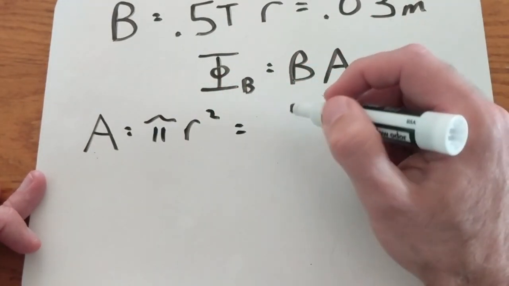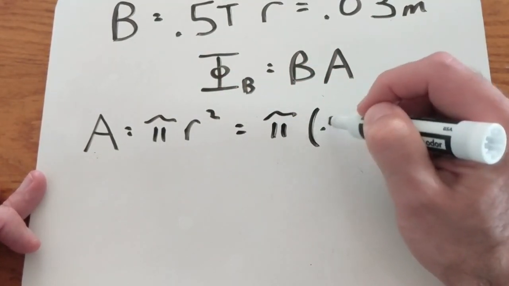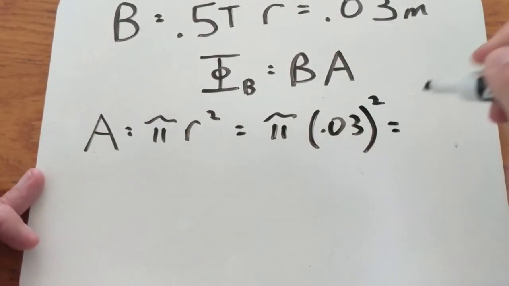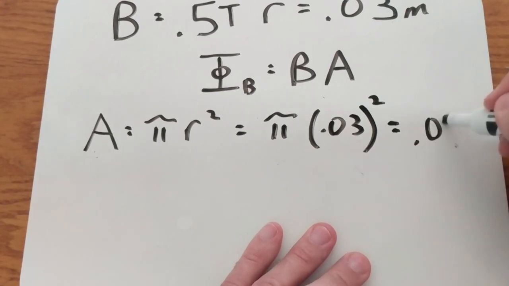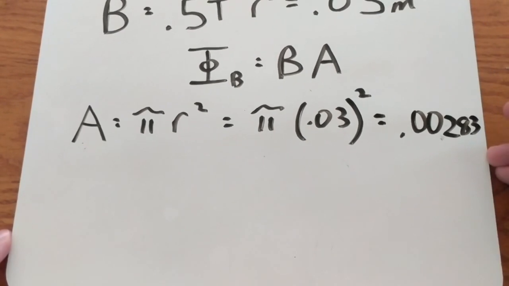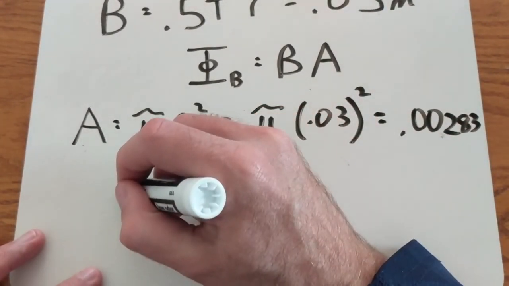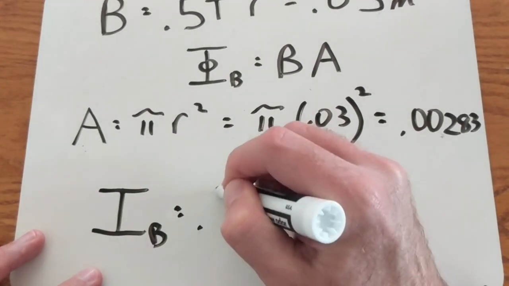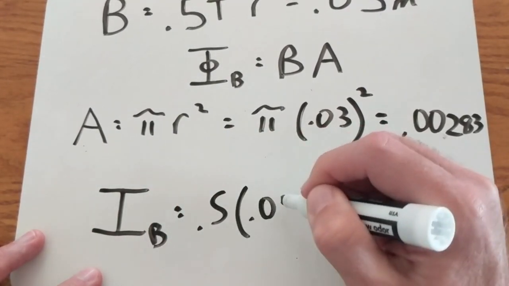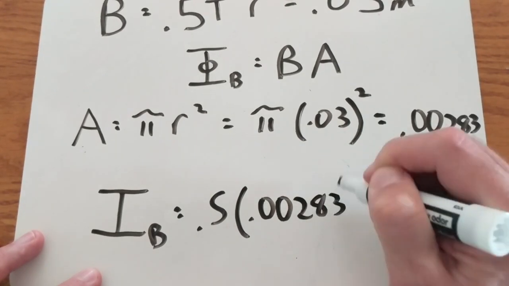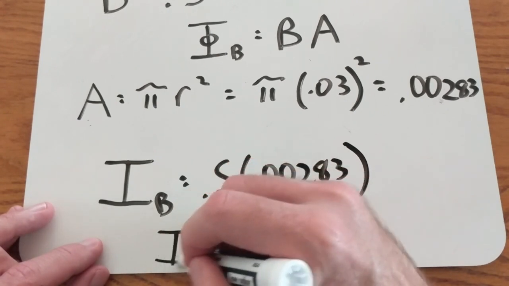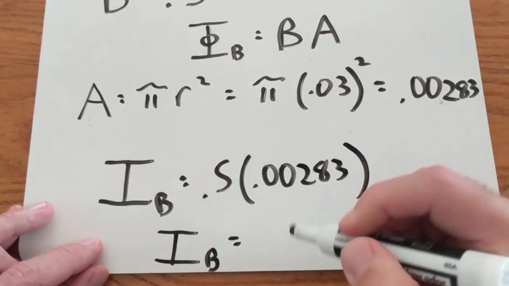Once we plug those numbers in, we get pi times 0.03, and then that's squared. We go to our calculator, and we get 0.00283 meters squared. All right. Once we add that, we can just finish out the equation: magnetic flux is equal to 0.5 times 0.00283, and that gives us a magnetic flux of